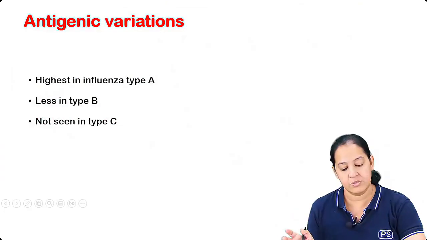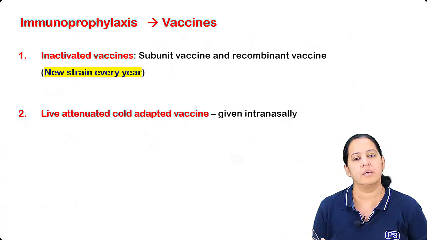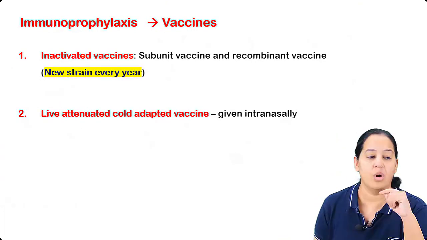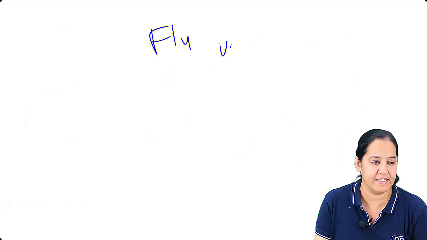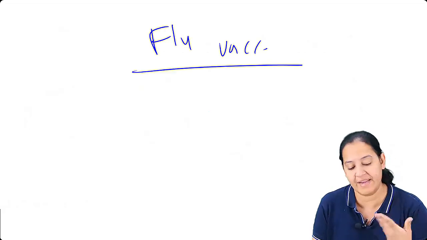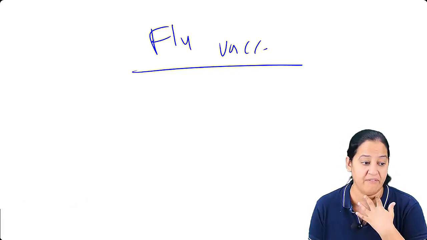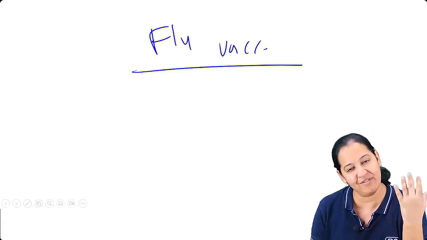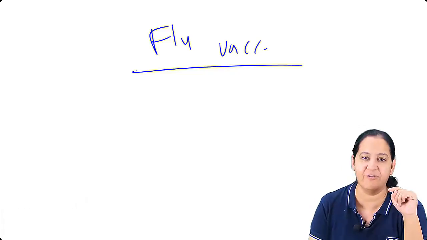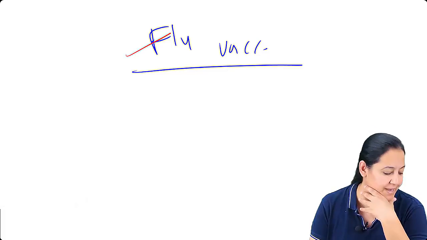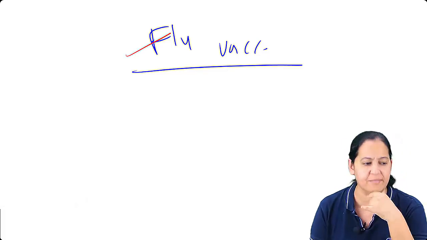So for the vaccine, just suppose, are you vaccinated for flu vaccine? If not, you should get it. If you frequently have the flu, currently also I'm having the flu, you can see it. So I'm having flu very frequently. That's why I take the flu vaccine, although it is not working much. But the flu vaccine should be taken.